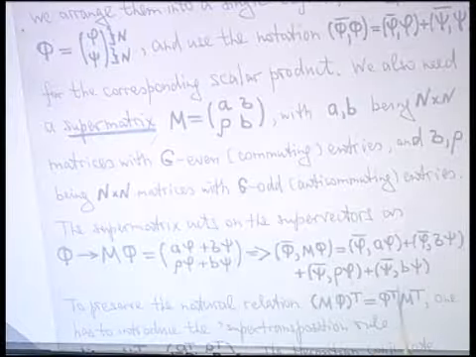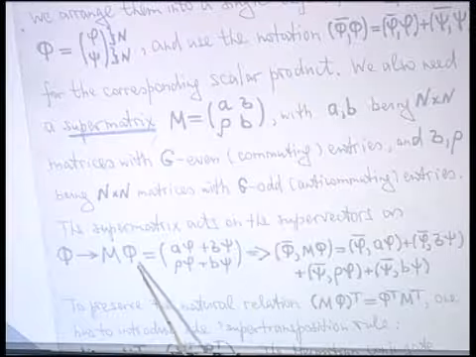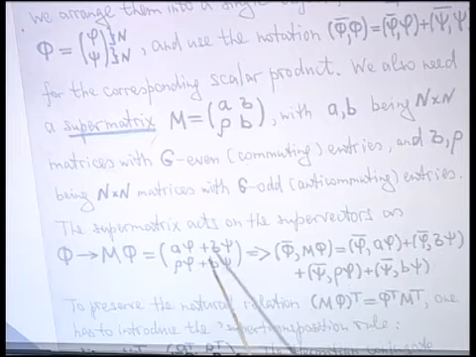If you take M of this form and multiply it with phi of this form, by the usual rules of multiplying a matrix with a vector from the right, you will see that the result will again be a supervector with the same essential structure, namely that